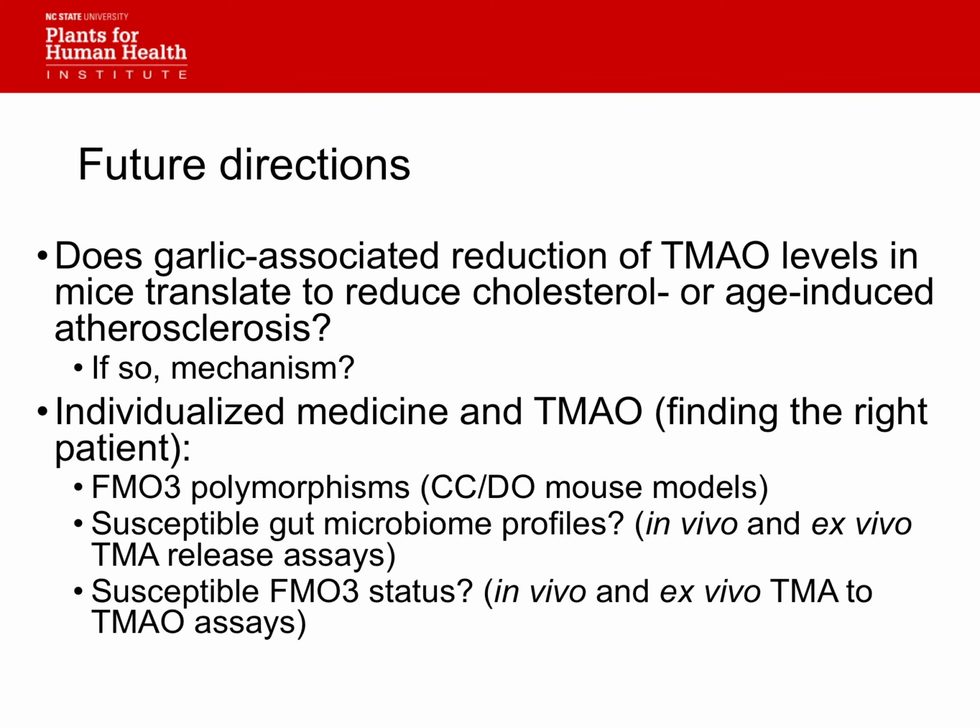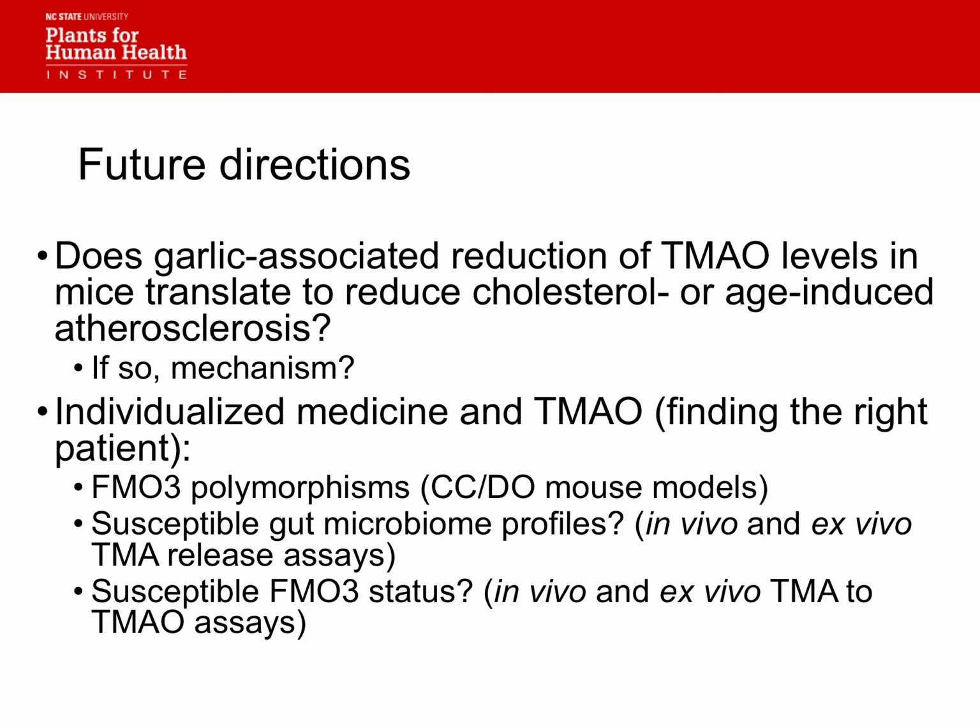So basically, our future directions are based on the results of this study and some other things. If we do see that garlic is associated, that one compound is more associated with reduction in TMAO levels, is that then associated with reduction in atherosclerosis in an animal model? And by what mechanism? The other thing we're doing, relating more to humans, is this idea of individualized medicine, which dovetails really nicely with what the UNC folks over at NRI are doing, trying to figure out who are the people that we are able to treat or reduce TMAO production and reduce disease risk with some of these dietary interventions.